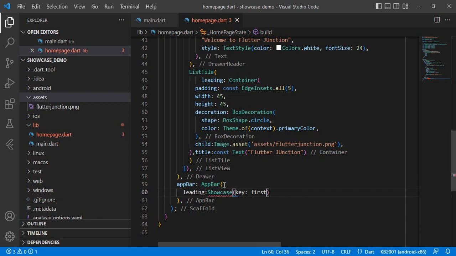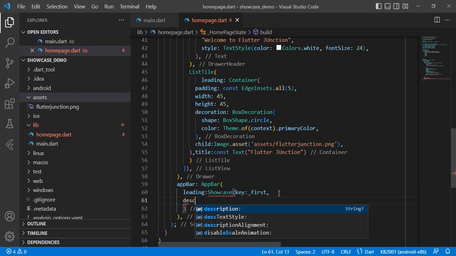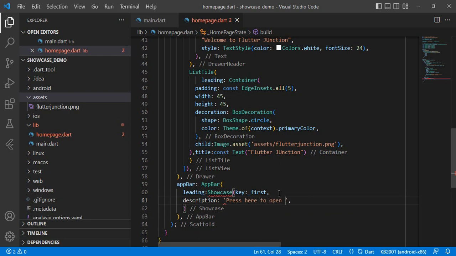We are going to showcase it first, and we give the description. Okay, press here to open drawer, and then child would be IconButton, icon, and that needs to be clicked,